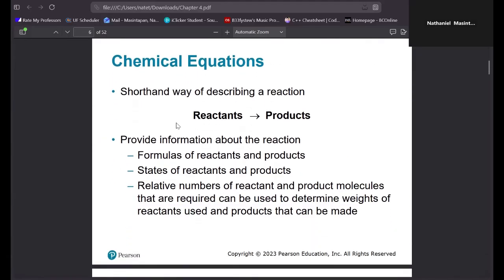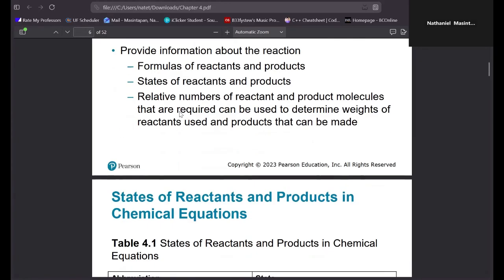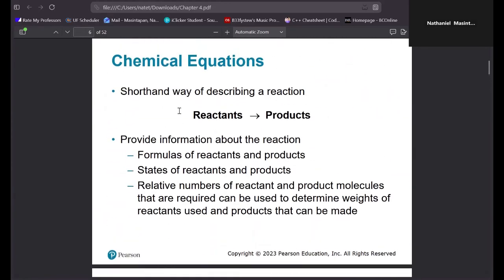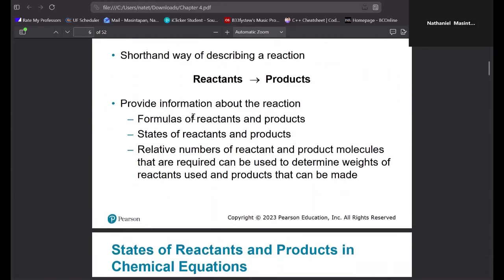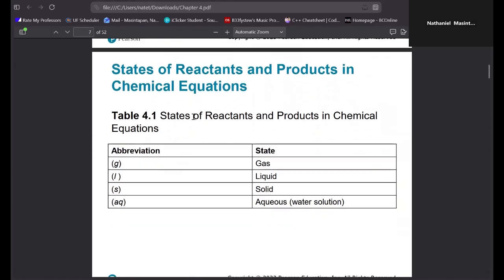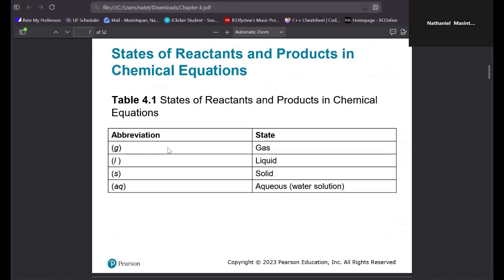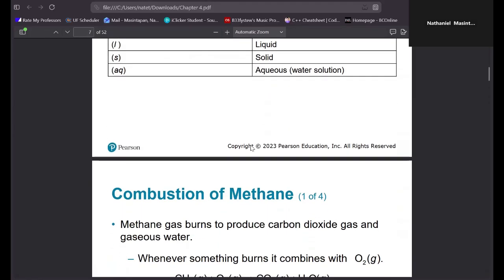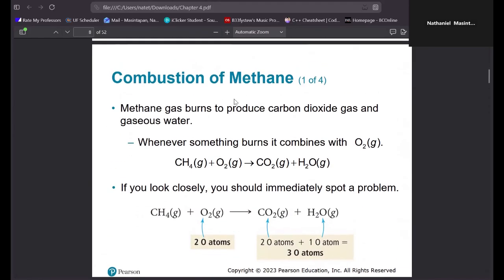Now, equations of chemical reactions consist of reactants and products, and similar to a math formula, have to be balanced numerically. There are four states of reactants: they can be in gas, liquid, solid, or aqueous, which is mixed with water. For example, in this methane combustion, you can see that the molecules are not